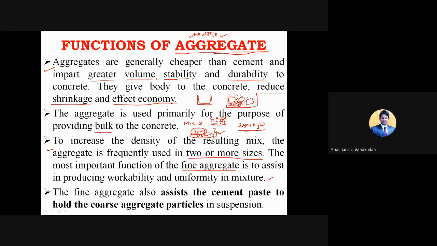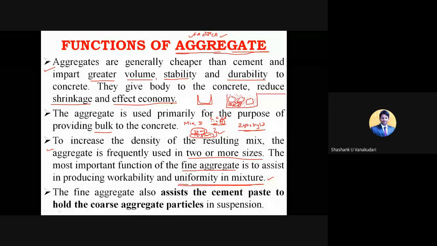So that is going to give the proper workability. Workability in the sense this concrete can be easily mixed, easily placed, and easily worked with. So all the aspects of the concrete can go with ease. And even the uniformity in mixture. Uniformity in mixture in the sense once you add this fine aggregate, the concrete will be uniform in its structure. It means all the ingredients in all the particular volume portions will be equally distributed, correct?